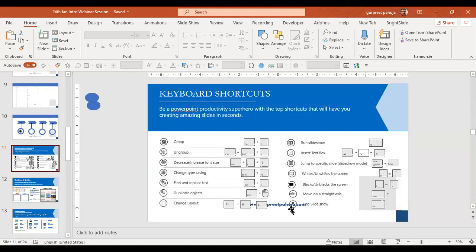Can I go ahead? I'll share the shortcuts. Anybody has any question? Okay, I can go ahead. So now,